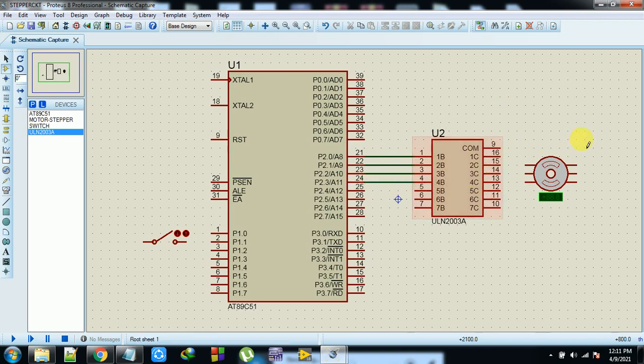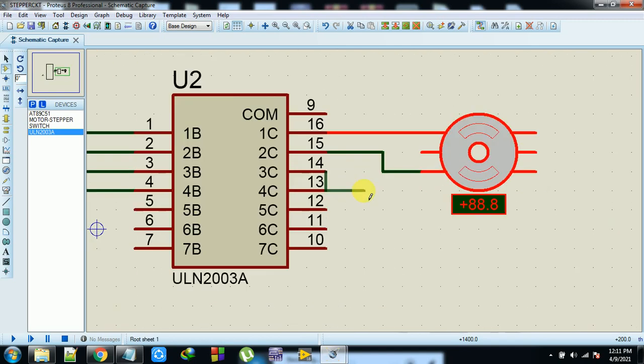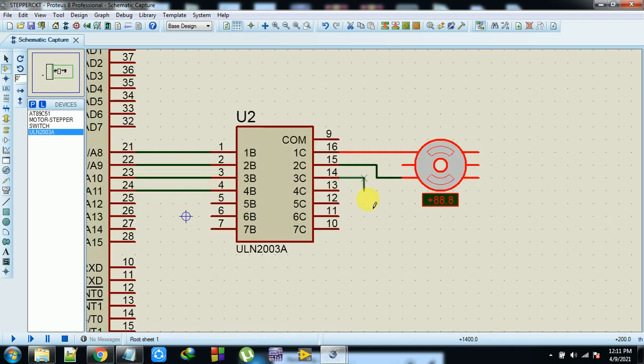Okay. So now I want to connect this thing to here. The second one is connected to this pin, and C is connected to this one, the last one. This is the last thing I want to connect here.